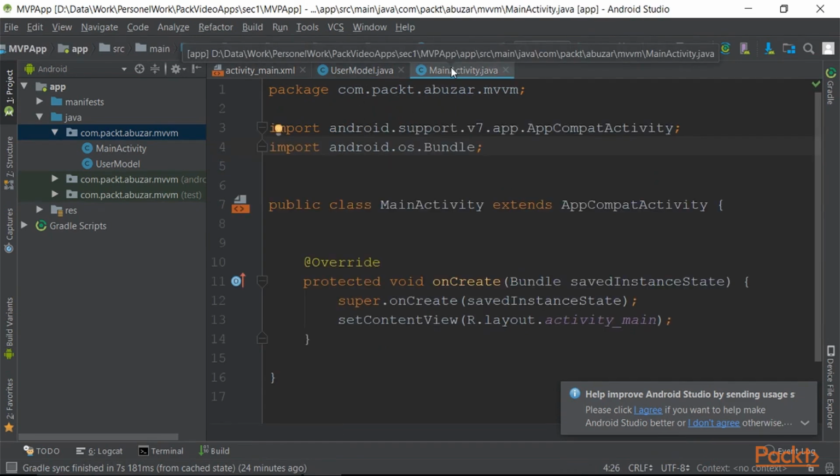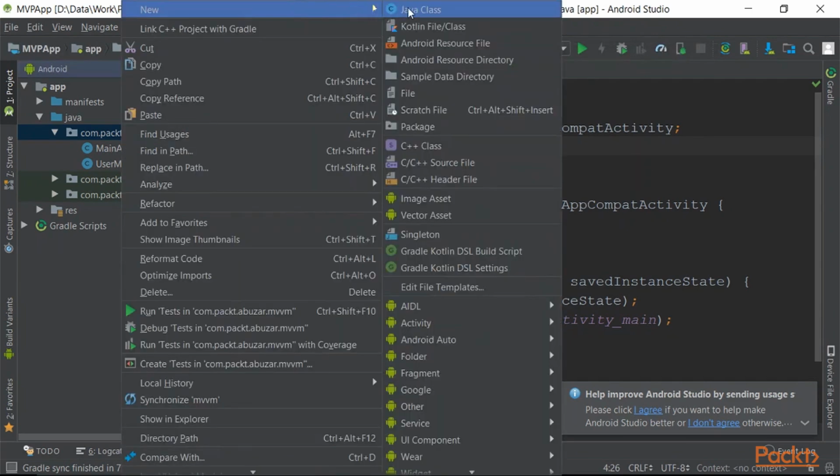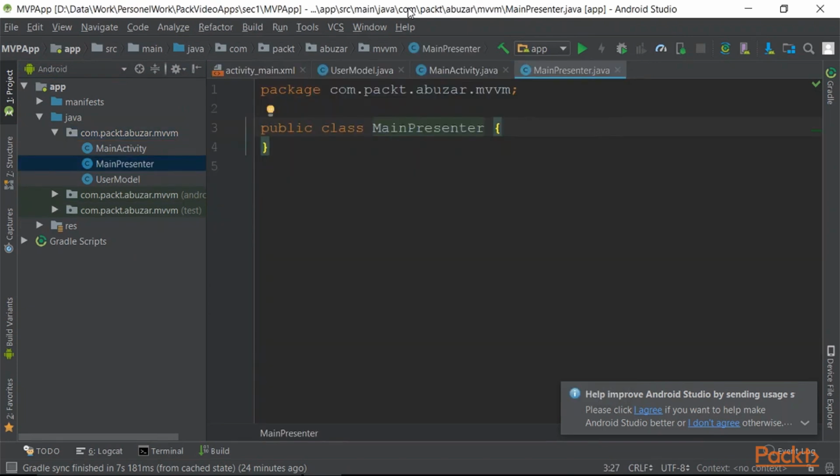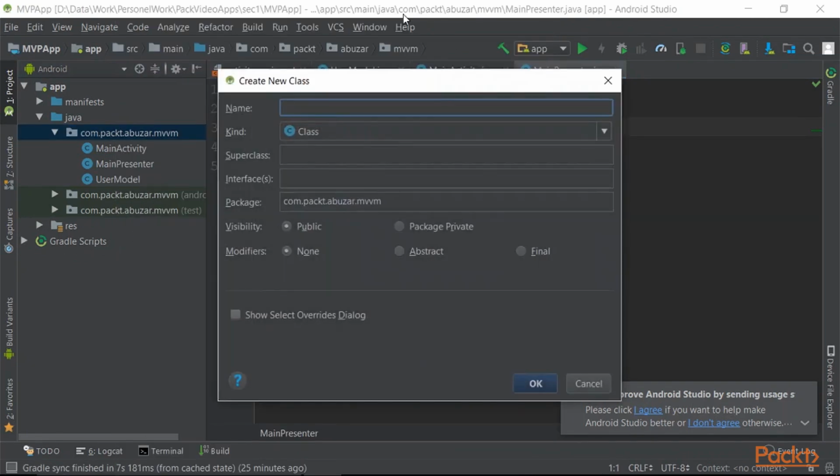The third component, presenter, is missing. Now let's implement the presenter. New presenter, call it MainPresenter. Now how is our presenter going to interact with our view? We will create a main contract interface which helps them interact. So let's create an interface class,